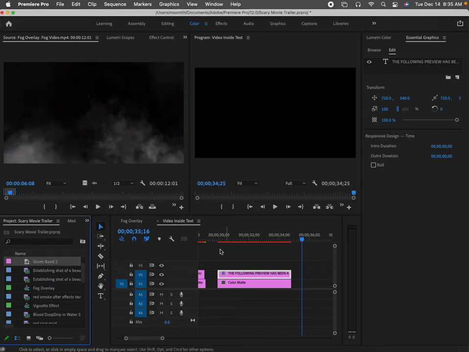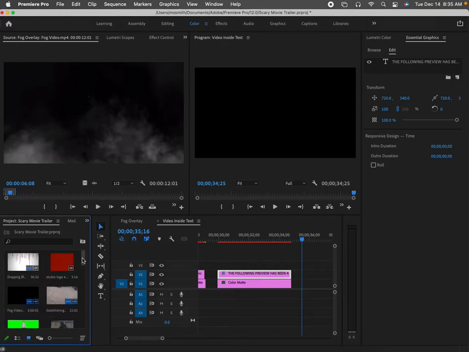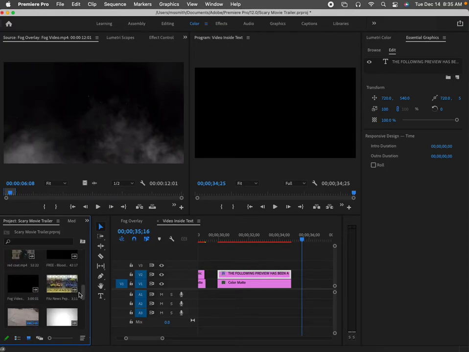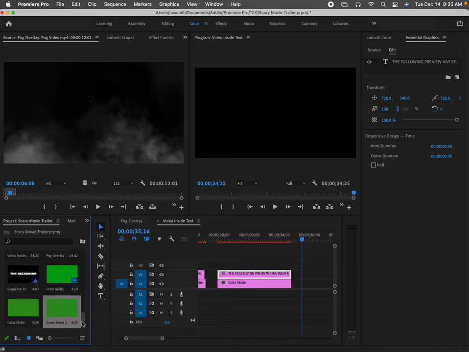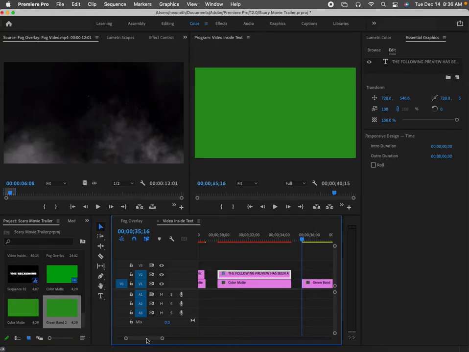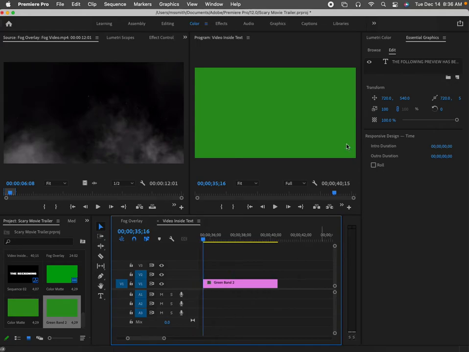That is then going to end up in your project window, and I can find that here as green band 2, just as I labeled it. So I'm just going to drag that over to my timeline onto video track 1,